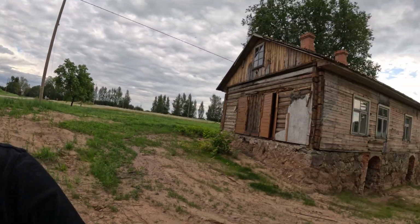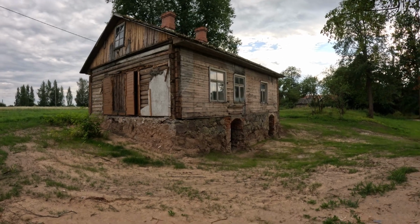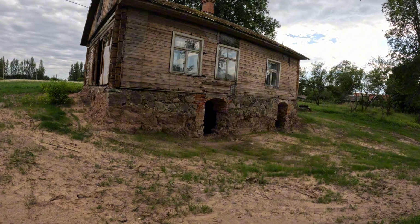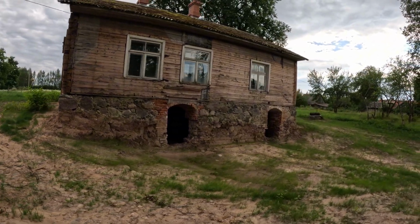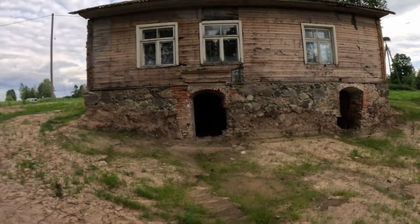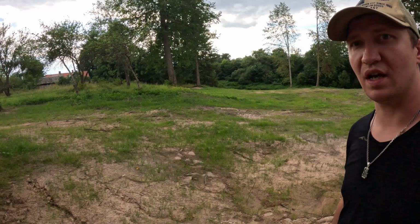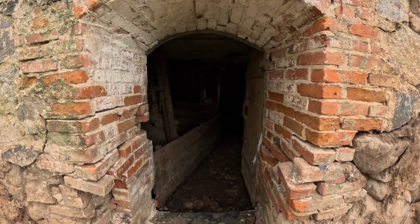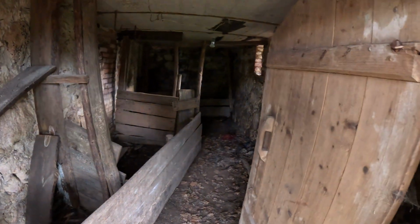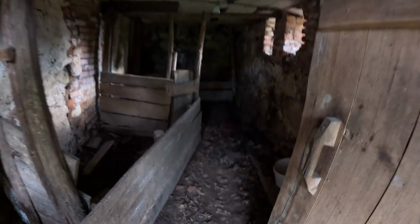It's just odd. Look at this, guys. I wasn't sure if it's somebody's, but I don't think it's anybody's really. There's still old interiors inside of it, like I saw from a window, and I have no idea. This might be like a historical little house. There's a light bulb, so